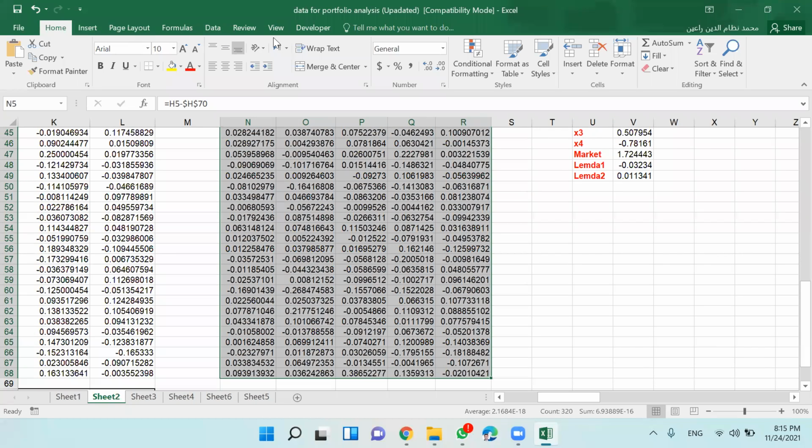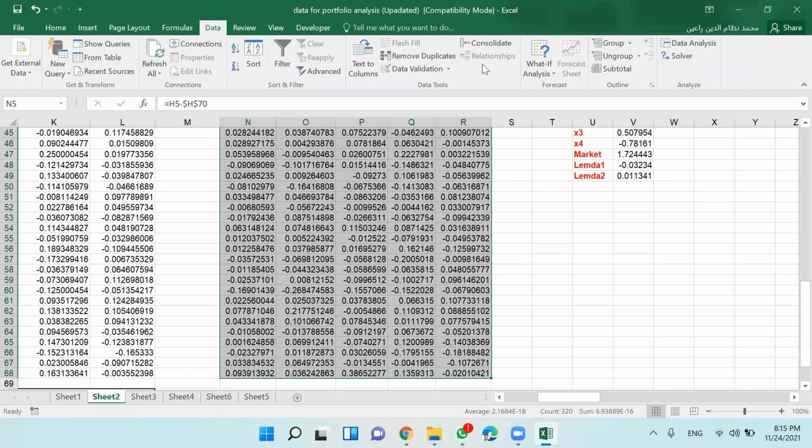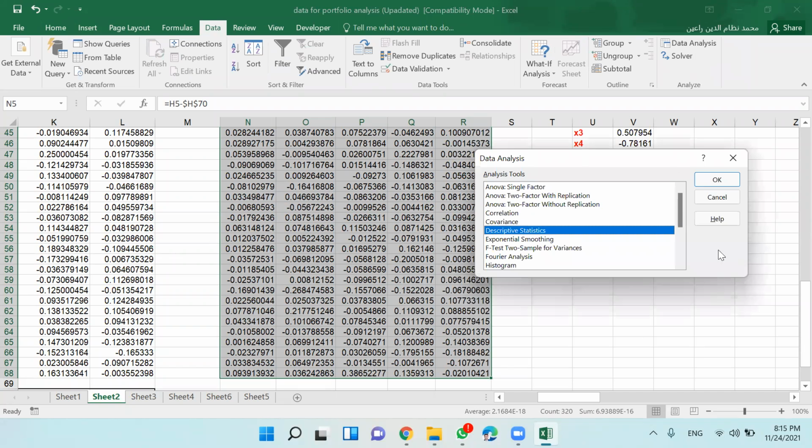So go to Data and go to Data Analysis, after you select all the columns, and then go to Correlation. I'm not calculating correlation just between two variables. I am using four variables and I want a correlation matrix: correlation between 1 and 2, 1 and 3, 1 and 4, 2 and 1, 2 and 2, 2 and 3, 2 and 4, right?